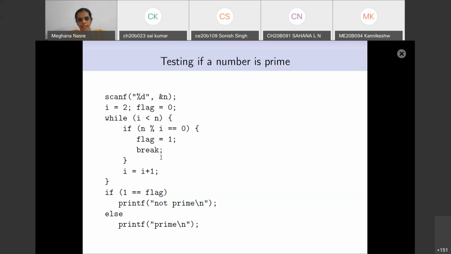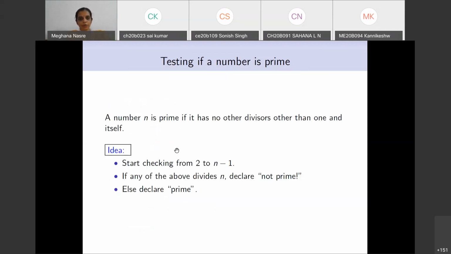Again, it illustrates the use of break. Is it necessary to use this break? No, but it is convenient to use this break. That is, as soon as you have found a divisor, you just break out of it. You don't have to go all the way up to n minus 1, the way we had written this. As I have already agreed, we can go up to square root n, we can go up to n over 2. That is something that is correct, but at the moment, this is the way we have thought about the program.